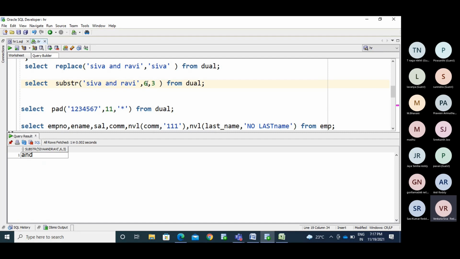So this is the starting point. From the starting point, how many characters do I need to display?